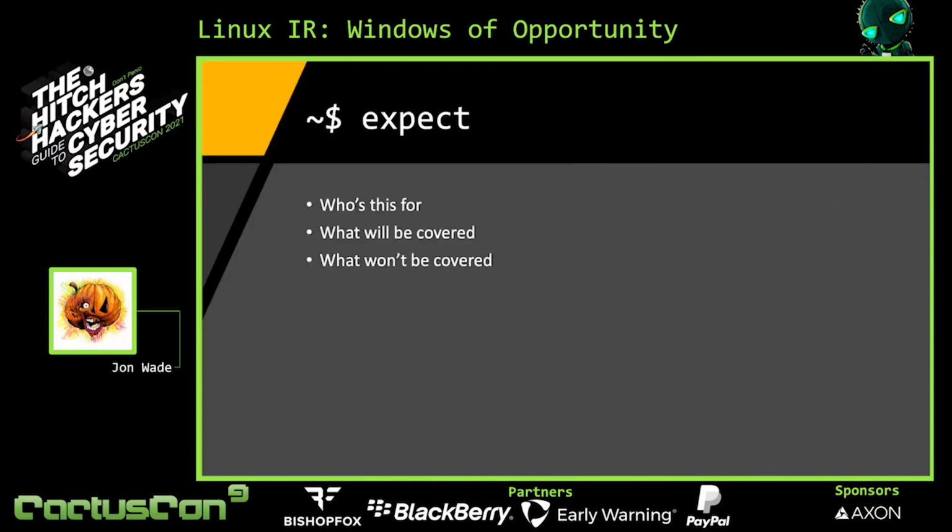So what can we expect from this talk? Well, initially, this talk is for novices to intermediates and anybody who wants to get a better insight into what incident response on Linux looks like, as well as current open source capabilities that anybody can stand up within their own home lab. To make this content as accessible as possible, we're going to cover a simplified investigation methodology and how we can use that methodology to not only perform incident response, but also ensure we're ingesting the right data to get the job done. We're going to run through a scenario in which we work to identify what has occurred on a host.